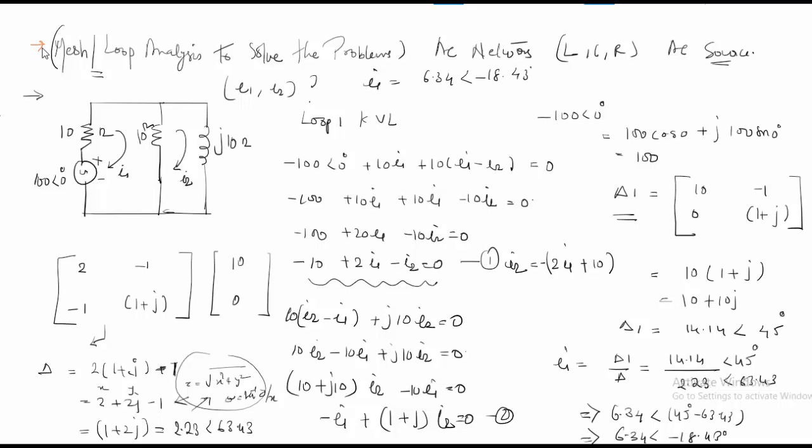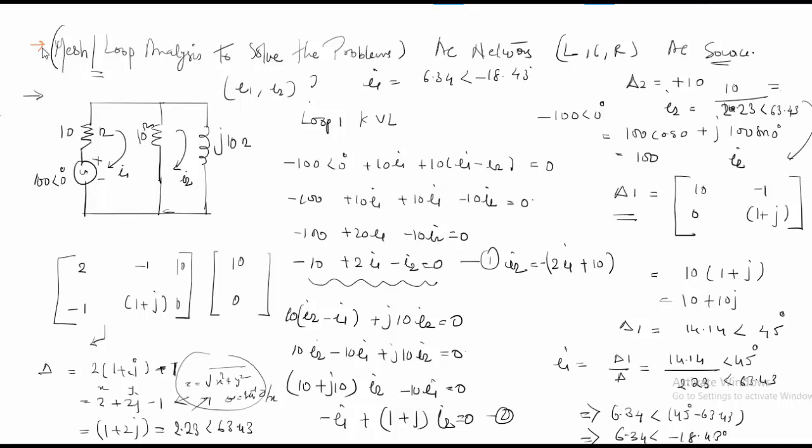18.43. Similarly, if I find my delta 2, I can directly write here, if I have to replace 10 and 0 here, it is equal to plus 10. So my I2 is equal to delta 2, which is 10, divided by 2.23, making an angle of 63.43,